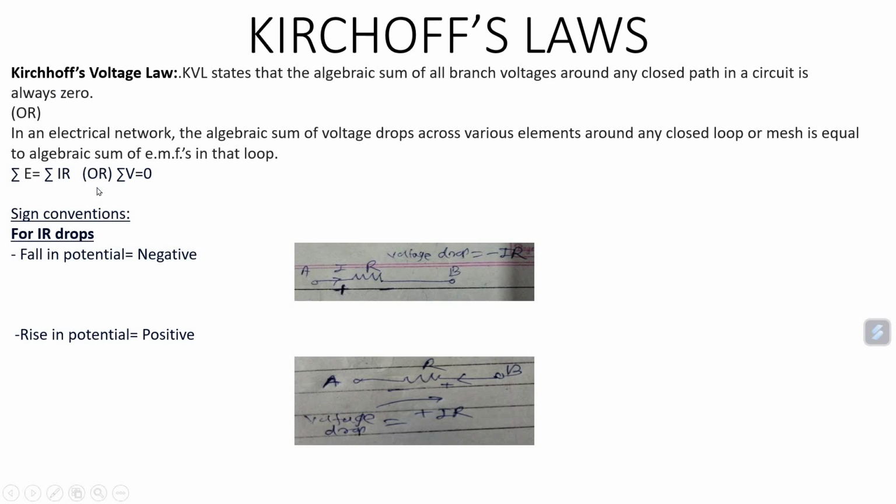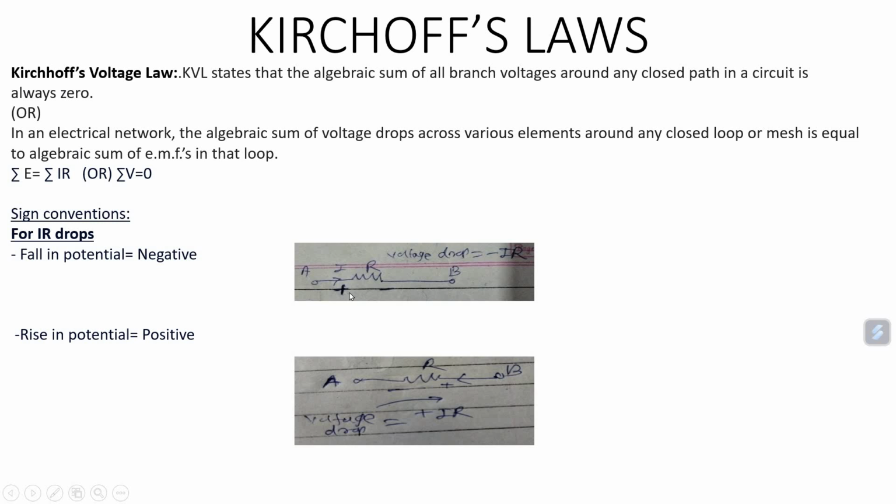So first of all, we'll consider the sign convention for voltage drop across the resistors, like for IR drop. In case of the IR drop, the first point is fall in potential is considered as negative. Now you might be thinking, what is the meaning of fall in potential? For example, there is one resistor connected between